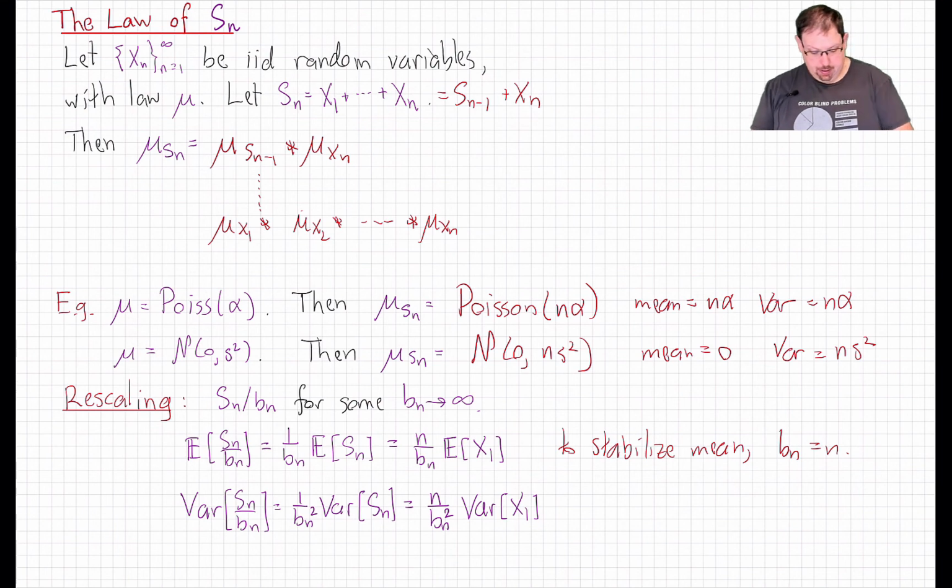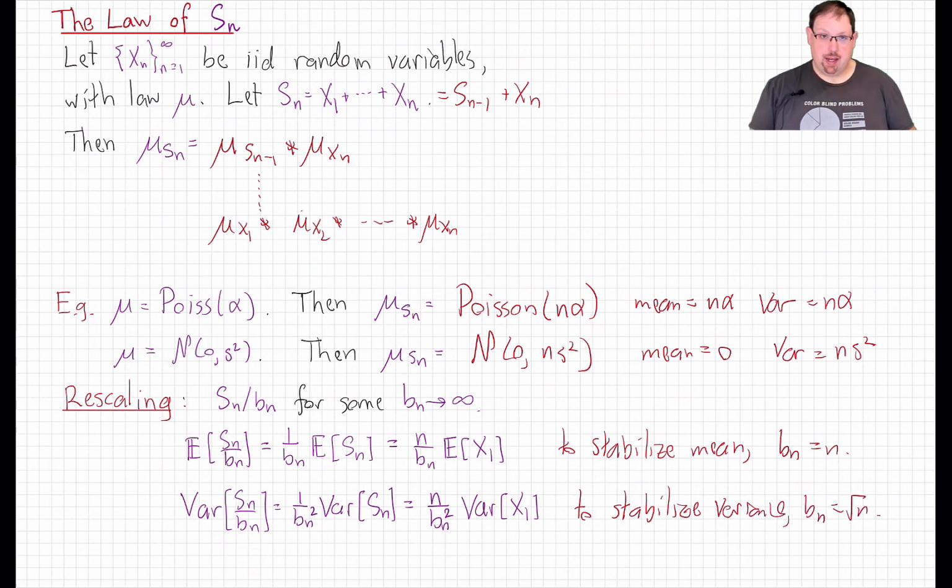The variance of this renormalization, because it's a quadratic function, pulls a bn squared out. But again, the variance of a sum is the sum of the variances in this uncorrelated, because independent, setting. And so here I get n over bn squared. So that tells us that if we want to stabilize the variance, we should choose bn equal to the square root of n. So those two are inconsistent, but we'll see shortly, and you probably already know, how to do them together